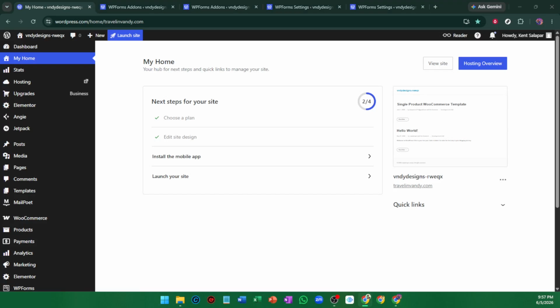In today's video, I'm going to teach you how to connect WPForms to Zapier. If you want to automate what happens after someone submits a form on your WordPress site, this setup is a great place to start. By connecting WPForms to Zapier, you can send form entries to other apps, trigger follow-up workflows, and reduce manual work. I'll walk you through the connection process from inside WordPress and then show you where the